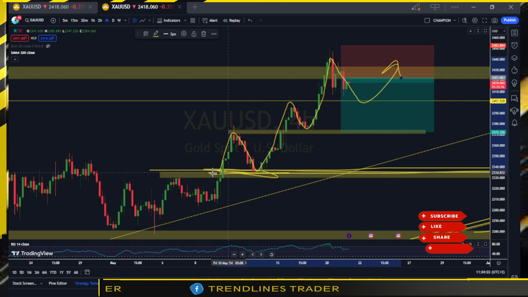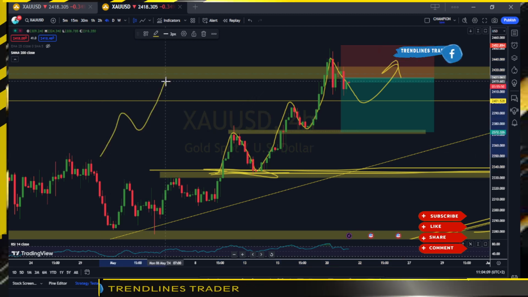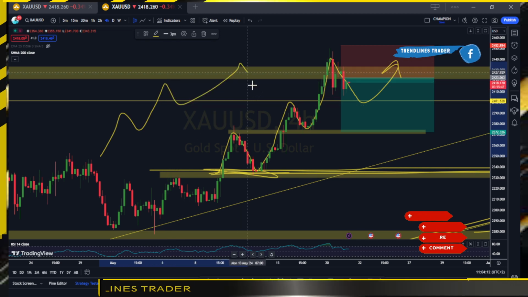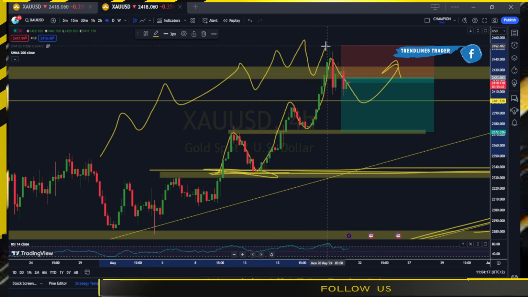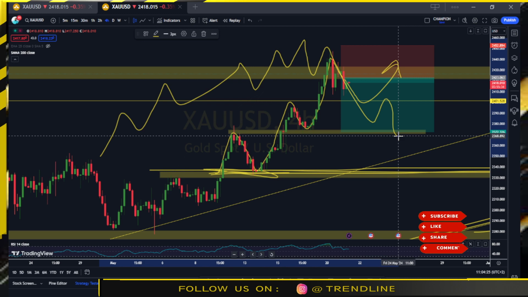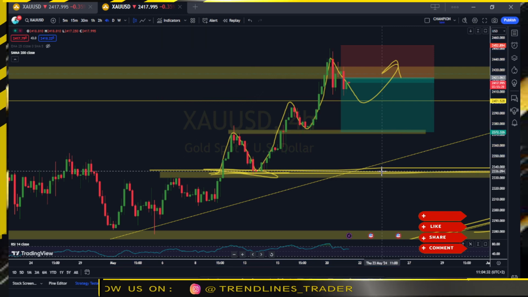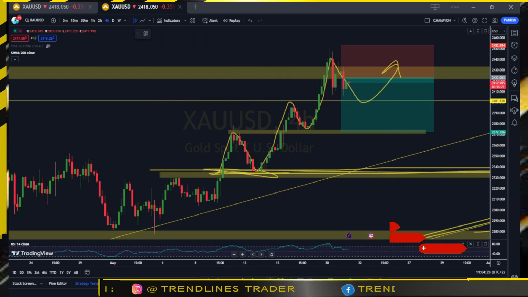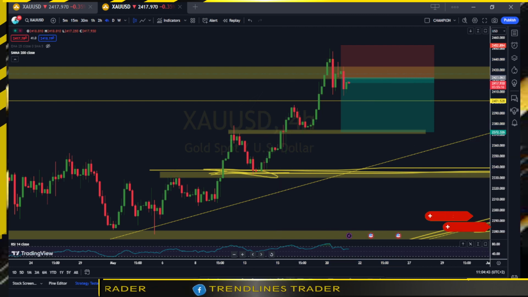Remember, this is our price movement: pull back and push towards the upside, pull back, higher highs and higher lows, higher highs and higher lows, until we have this type of structure before we break the structure and end up having lower lows and lower highs. That's how the price moves. So we always focus on the price movement. Let me do this so that we can have a simple